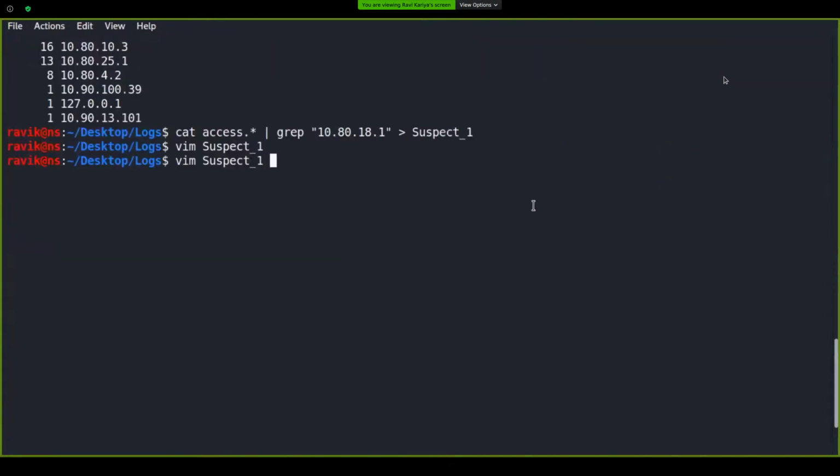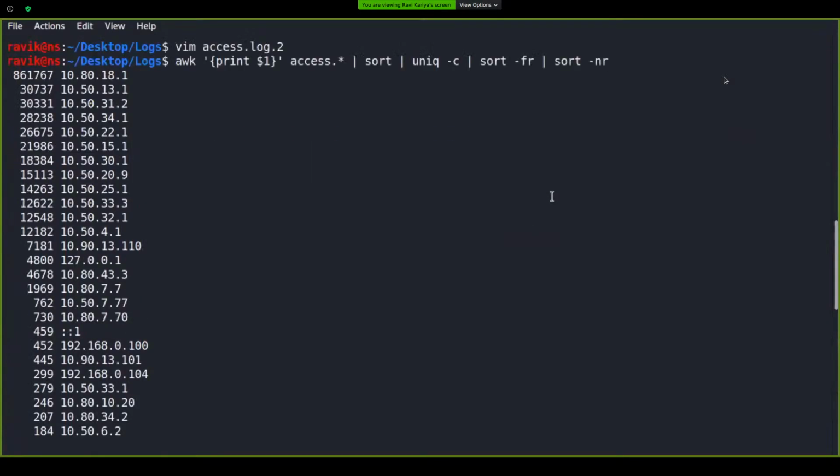Let me check the second suspect, 13.1 dot 15.